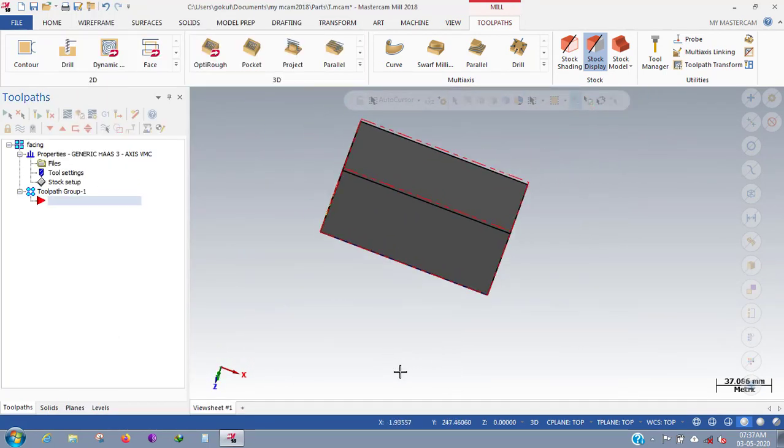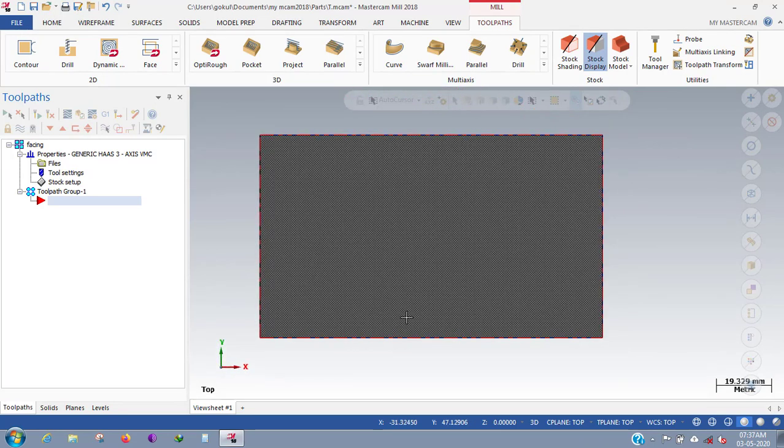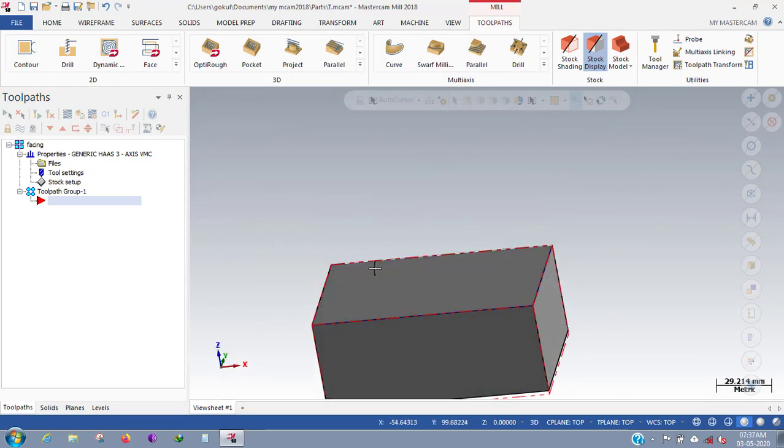Okay, now the stock has been increased, and we are going to the Toolpaths menu.